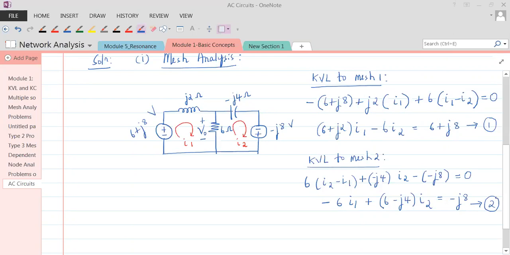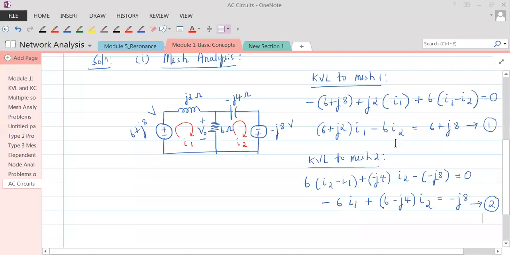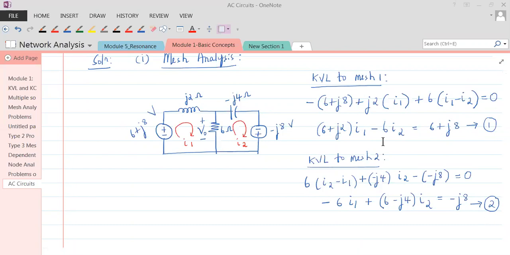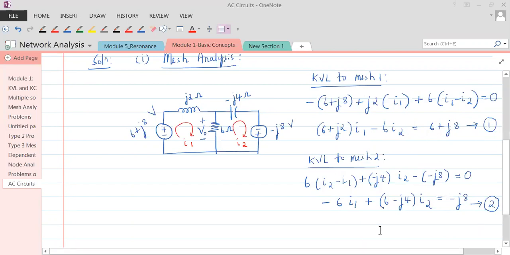Now, after we have these two equations, two unknowns, we used to solve this using our calculators, right? But calculators are not designed to give the solutions for equations involving complex numbers. If the equations involve complex numbers, your calculators cannot solve 1 and 2 to find I1 and I2. Everybody's okay? So this is the first challenge. I cannot say solving 1 and 2, I1 is this, I2 is this from your calculators. Not possible.